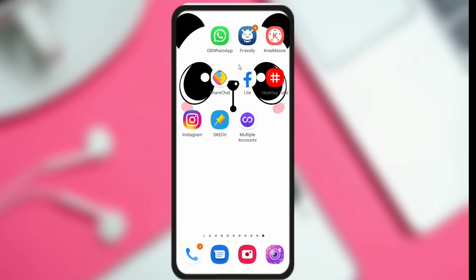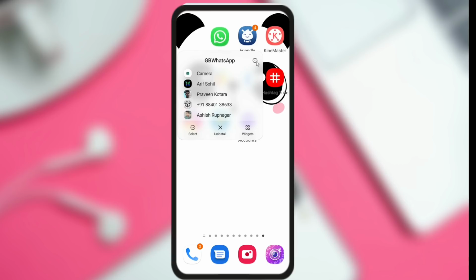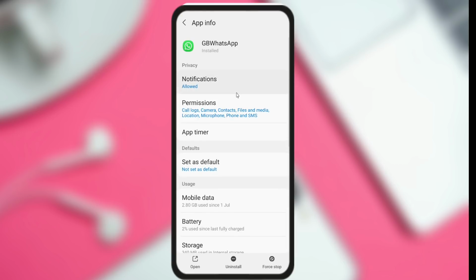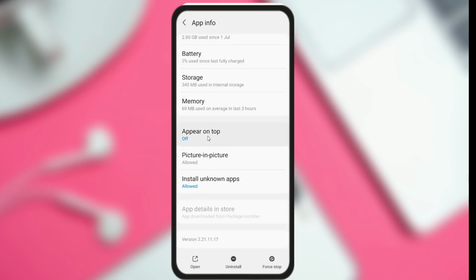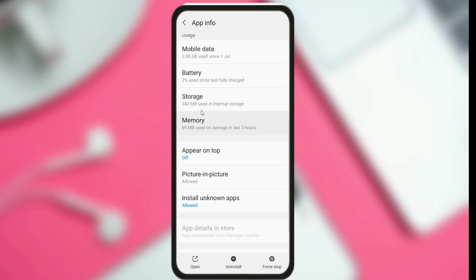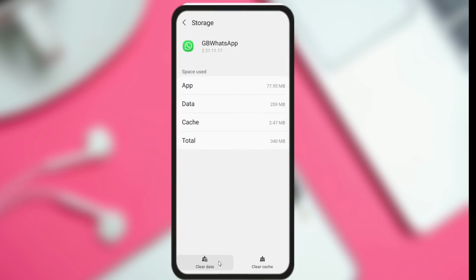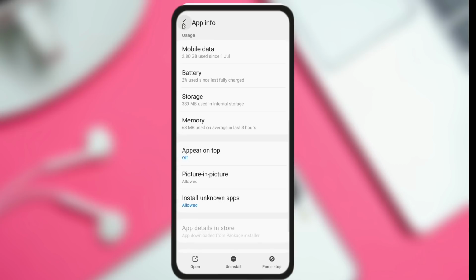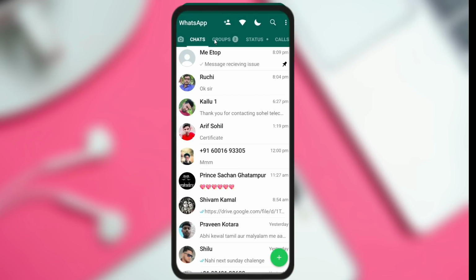First thing, what you need to do, whatever application you are using, no matter GB, FM or yours, long press on this application, click on the I button, and thereafter open app settings. If you have Android version 8 or below, you have to reach the app settings from the settings portion. Thereafter you need to scroll down, and here you can see the option storage. Click on the storage option, and thereafter you will find 2 options, clear data and clear cache. Please don't click clear data. You need to click on clear cache. After that, come out of this application, and just open this application. This was the first step that we did.